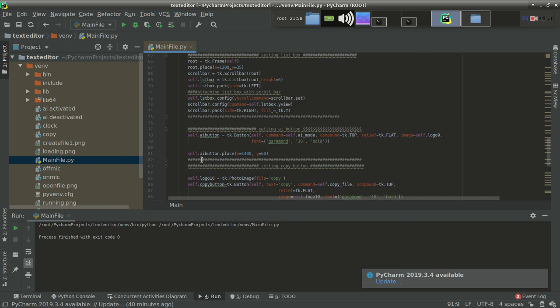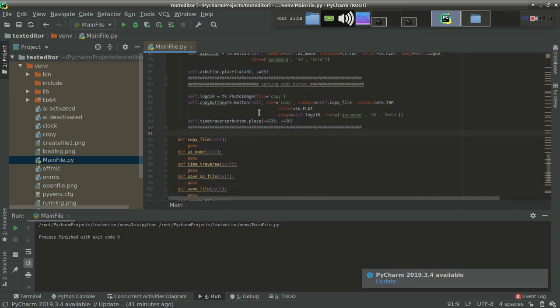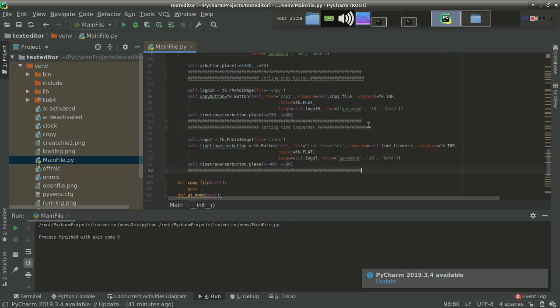Guys, we have removed the AI button part, so we have to use that button. So okay, we will do it, no problem. But first of all we have to define this microphone icon. Setting mic. Yeah, fine.